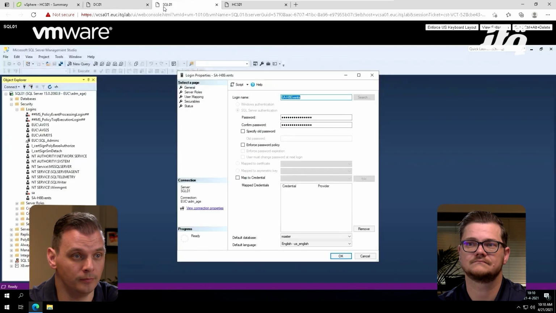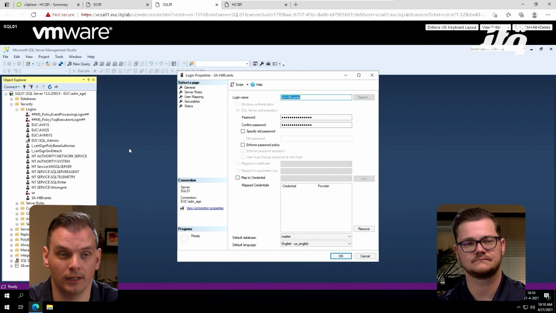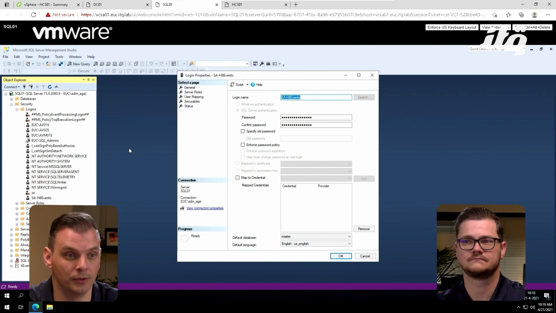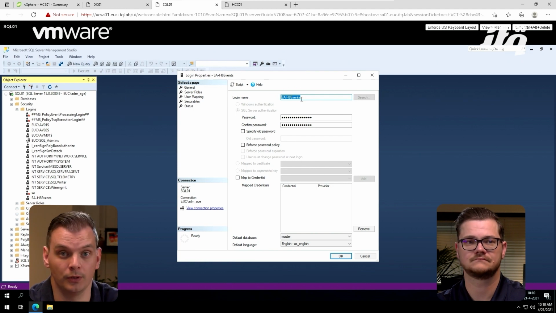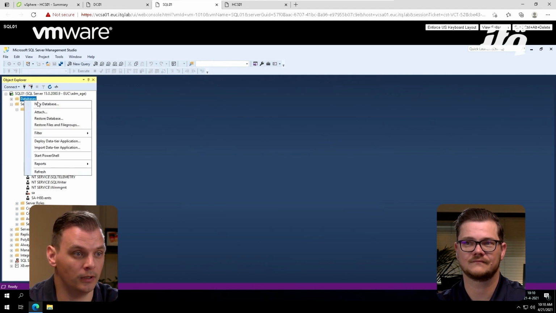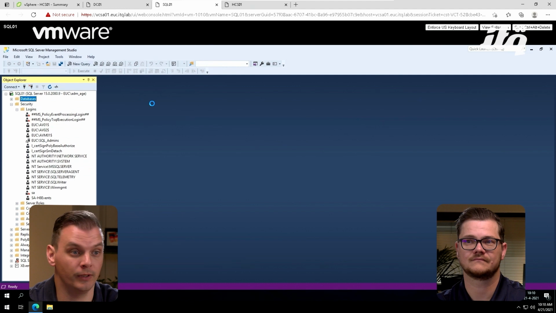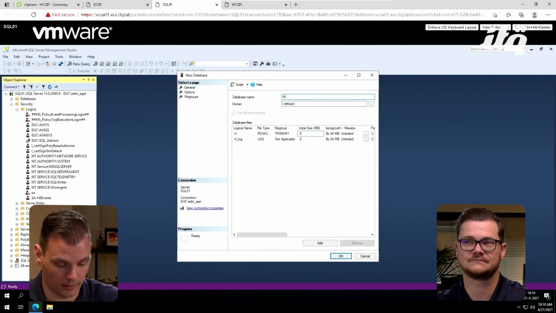For the SQL server, I've gone ahead and created a local service account in the SQL Management Studio. The only thing we need to enter here is a login name, which we're going to use during the configuration. We entered the password, and we deselected the enforce password policy. Click OK, and your login is ready. So all we now have to do is create a database. Now let's call this HowTo Horizon